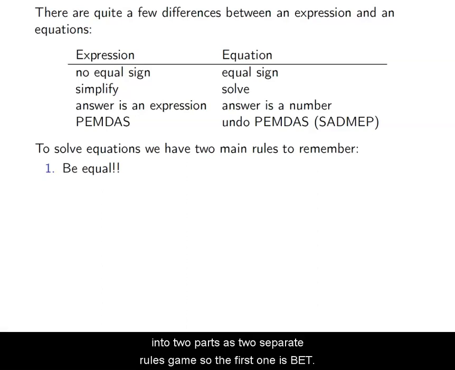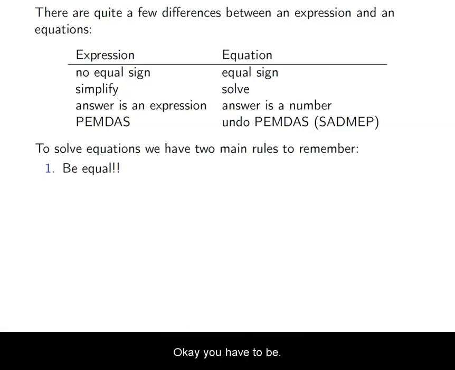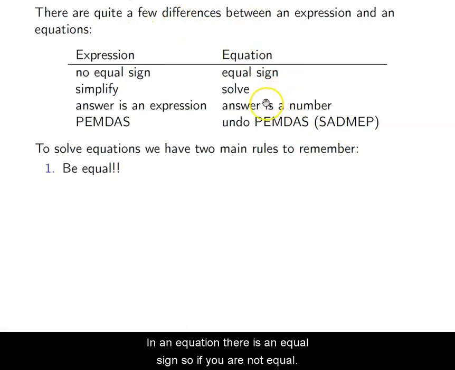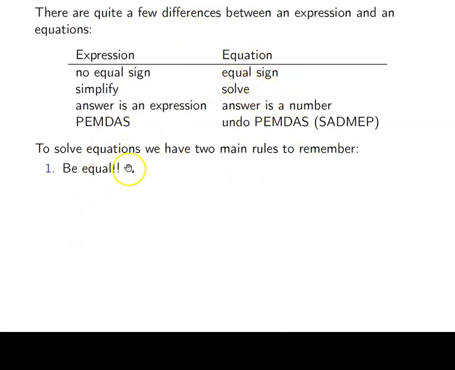So the first one is be equal. Okay, you have to be equal. In an equation, there is an equal sign. So if you are not equal to both sides of the equation, you're not being equal. Okay, so whatever you do to one side of an equation, you have to do to the other side